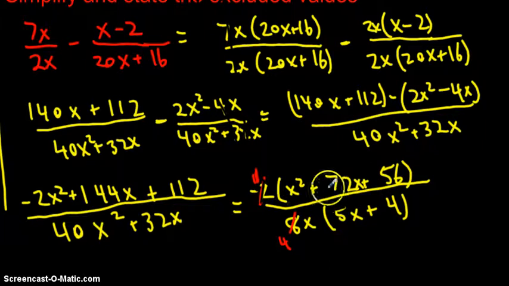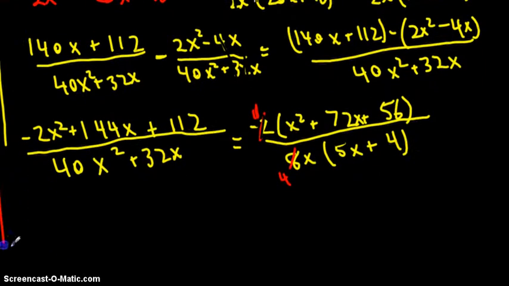So putting these things back together, our final result is negative x squared plus 72x plus 56 all over